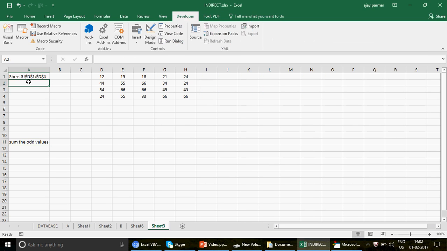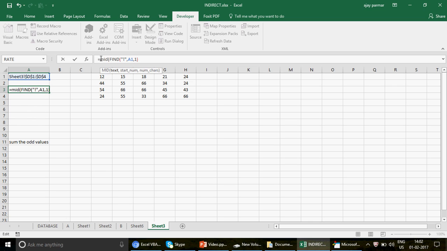But the problem is this range comes with the Sheet3 sign of exclamation. So what we can do is find the position of the exclamation, because the sheet name is always followed by the sign of exclamation. So we can remove that, right? So I'm just going to find the exclamation in the string, and this is what we will get, the position, using the Find. So we have the sign of exclamation on the 7th position. So now from the 7th position, in fact from the 8th position, I would like to